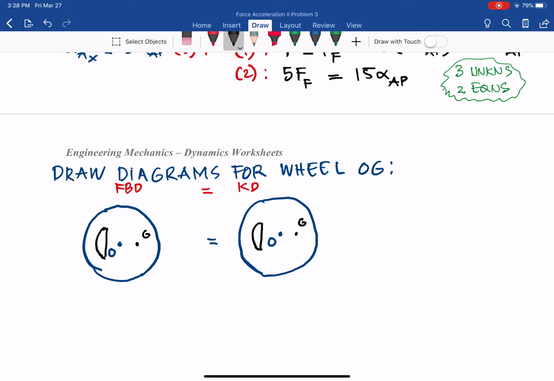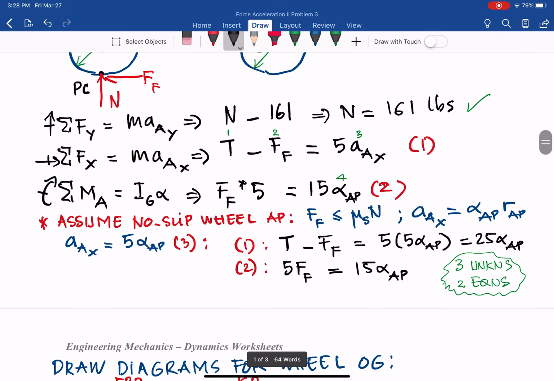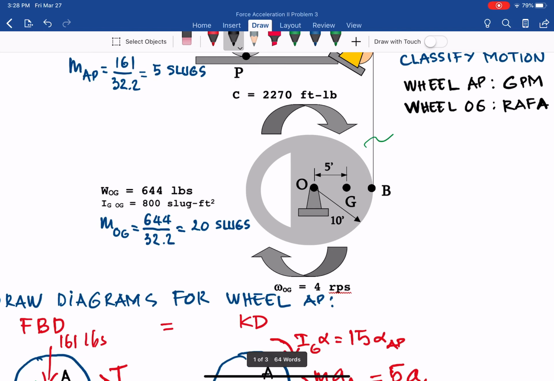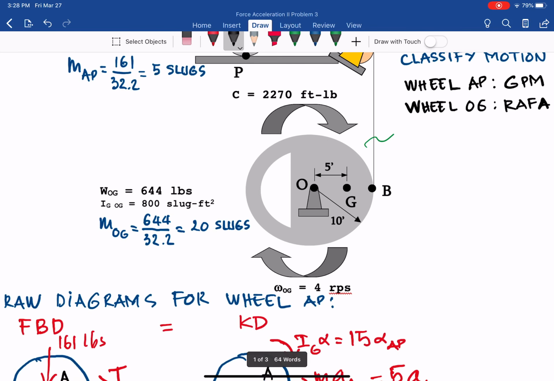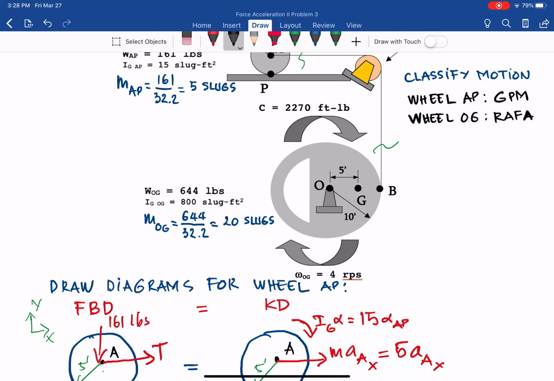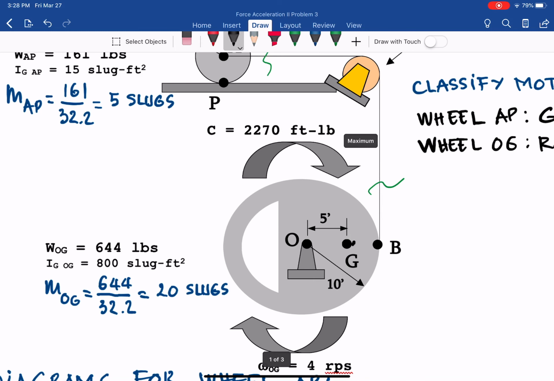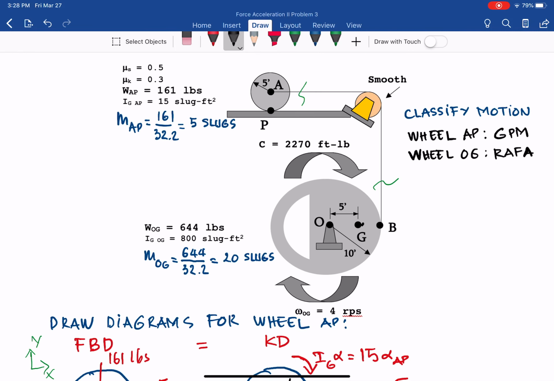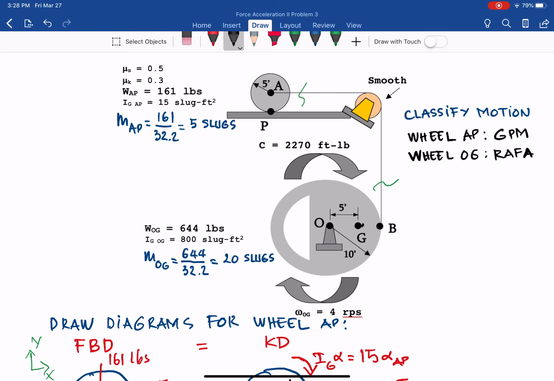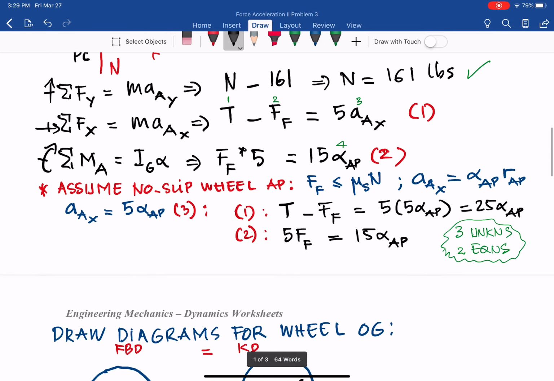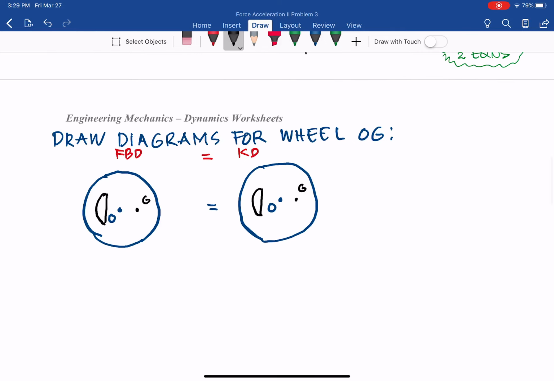So the left side will be the free body diagram, and we isolate everything surrounding this body, and you can see it rotates about pin O. O is a pin, so as you can see, if you remove that pin, it will be OX and OY. We also have the weight, it's not at O, it's at the center of mass G, and they have a couple, 2,270 foot-pounds, and then the tension of the cable. Those are the forces and couple applied on